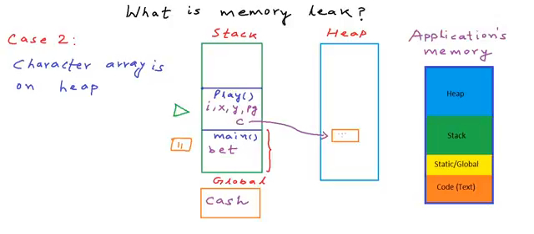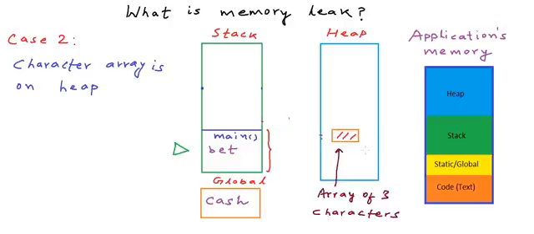So here we have created the array on the heap, and we have kept only a pointer variable on the stack. Now when the call to play function will finish, the memory allocated for the execution of call to play function will be reclaimed, so all the local variables will go away, but this memory on the heap will lie unused and unreferenced, and it will not get deallocated. Anything on the heap has to be explicitly deallocated by making a call to free function or by using delete